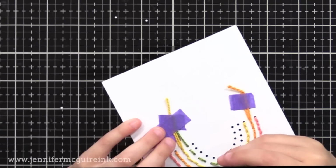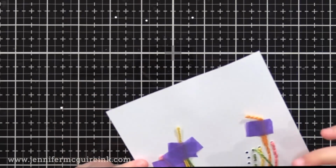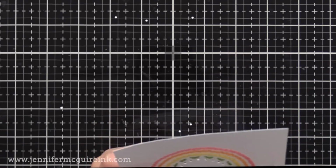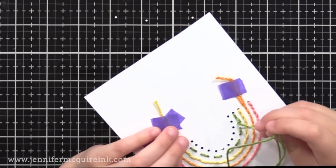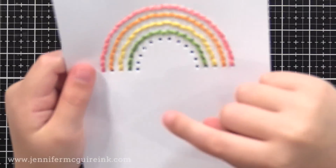What she's doing here is called a running stitch, and you end up with alternating stitches. When you get to the end, you just reverse direction, and you fill in the stitches that are empty, each time going up and down the next hole. So this is the one that I recommend if you have a kid who is stitching or you're new to stitching. It gives great results, and you can see that it's very similar to the back stitch that I just